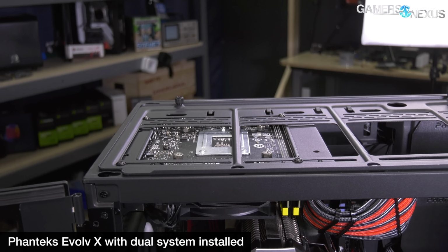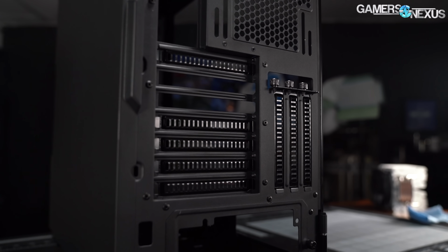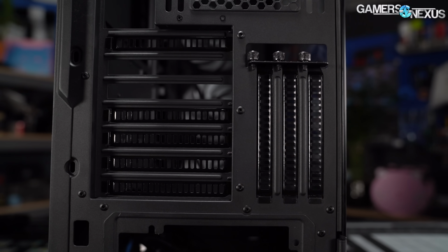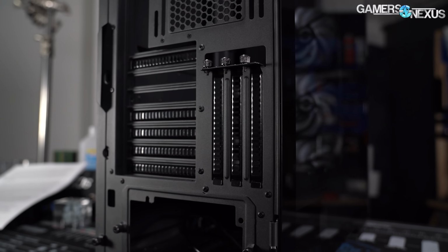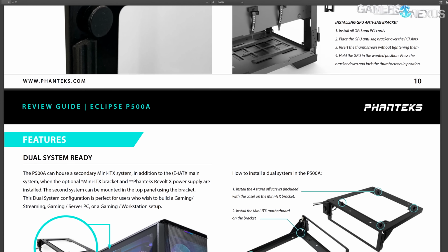Reinforcing this feature is a vertical GPU mount with a riser cable, purchased separately. That can be used to hold a discrete GPU for the secondary system if desired, while the primary system uses the normal horizontal brackets. We can't be too harsh here because these are optional add-ons. They didn't come with the one we're reviewing, but hardly anyone will actually install a secondary system in this case,